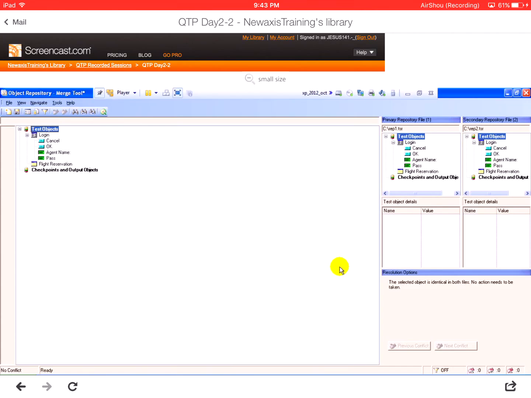In real-time scenarios, we'll never be using local repositories. Local repositories are only for our learning purpose. In real-time projects, they'll maintain a common shared repository which contains all the objects present in the application. Why? Because